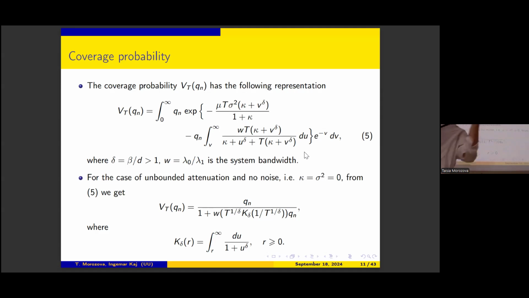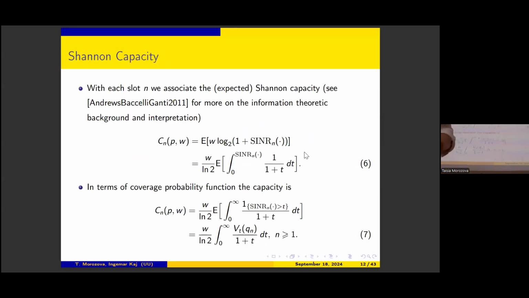Yes, so this is basically the expression for the coverage probability, and then we also define the Shannon capacity, or the channel capacity, in terms of the Shannon formula, the well-known formula with the logarithm. So when we define the Shannon capacity, we want to connect it to coverage probability, right? First of all, we use the integral representation of the logarithm, so we can write it like this. And then we can just change the limits here and put an indicator.